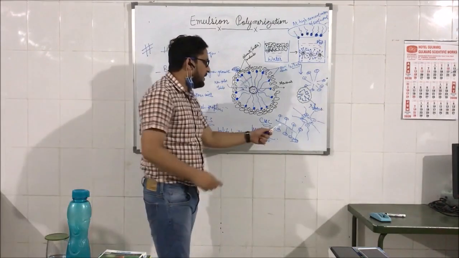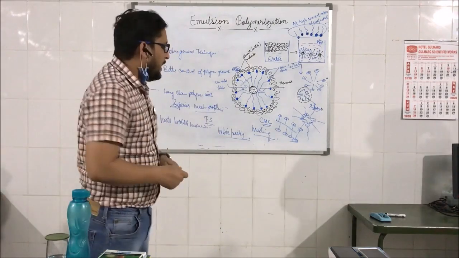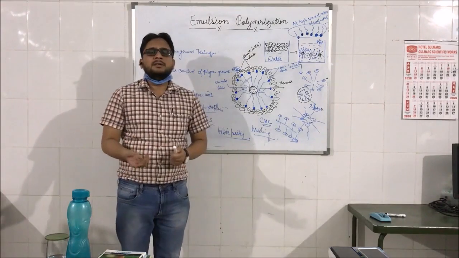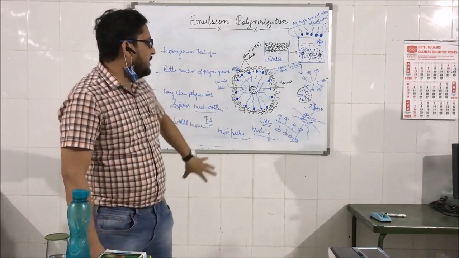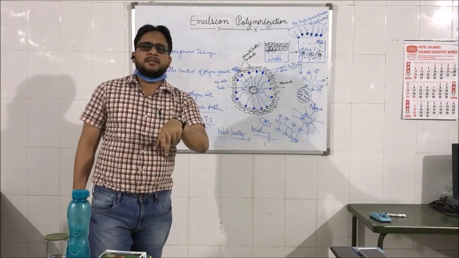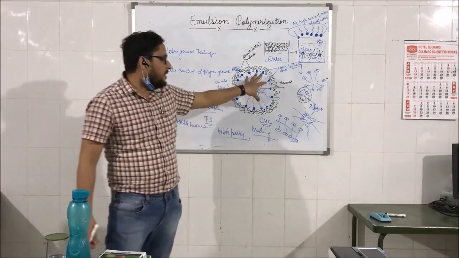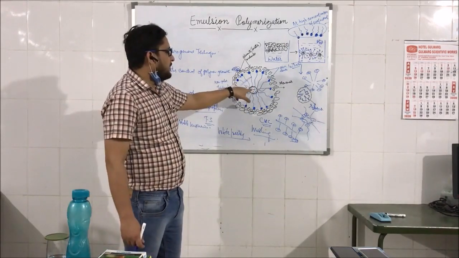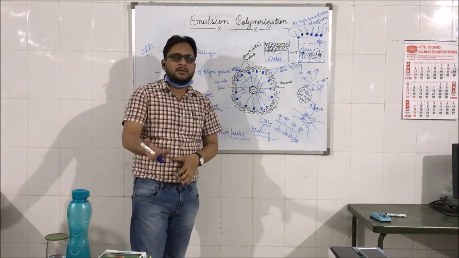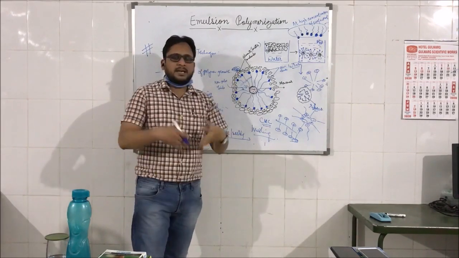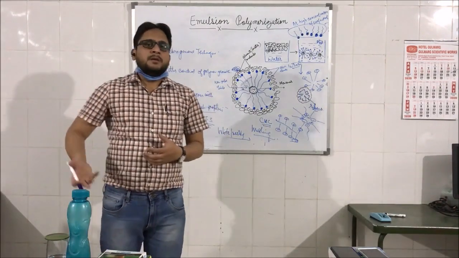But if we want to separate it, we can do so by filtering or by any other method, and then that polymer can be used in solid form. So this is all about the emulsion polymerization technique. The difference is that if a low concentration of surfactant is used, the same technique will be called suspension polymerization. But if high concentrations are used, micelle formation will occur. At the center of the micelle, we have monomer molecules which get polymerized by the initiator. As the polymerization proceeds, the size of the micelle goes up, and ultimately it results in bursting of the micelle.